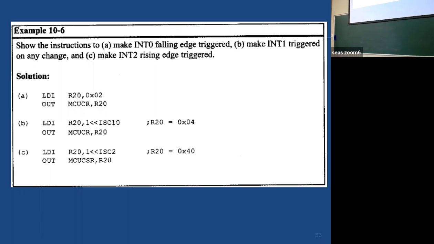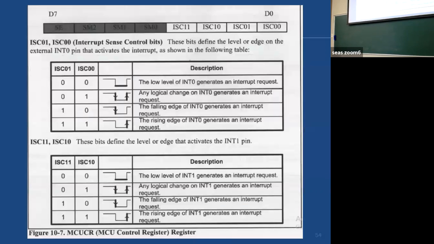Or if you want to have the hex equivalent, we are taking from R20, that is the register in a way. This is the assembly, don't worry. The content is 0x04. Is it clearer? 0x04. We go back. 4 will be 0 1 0 0.